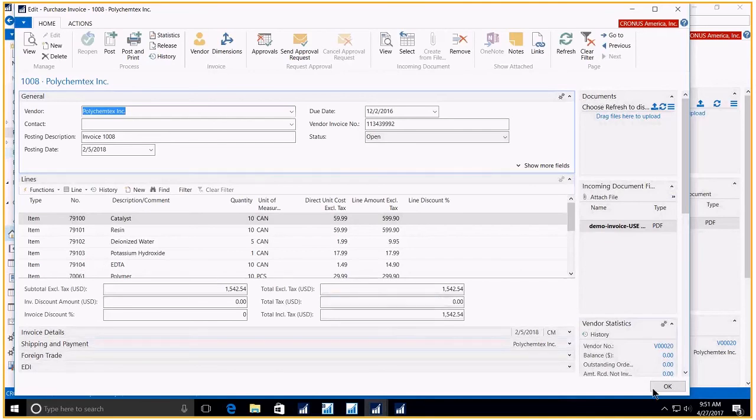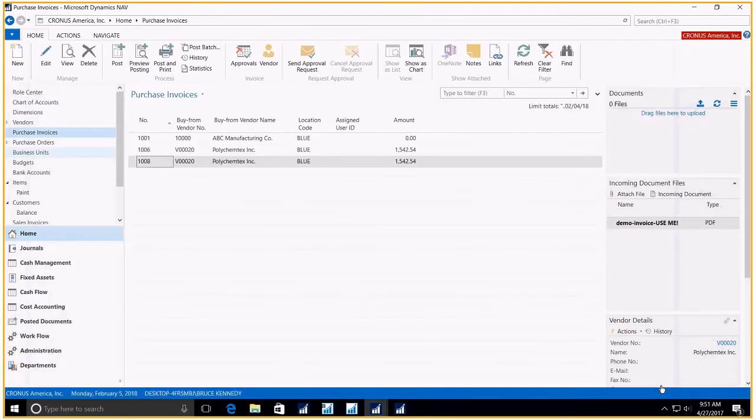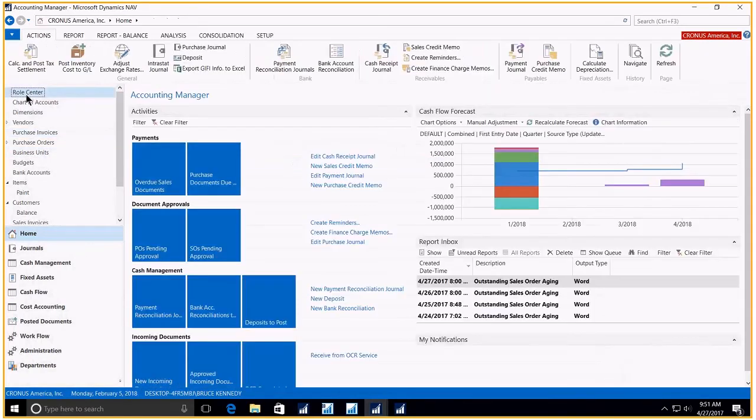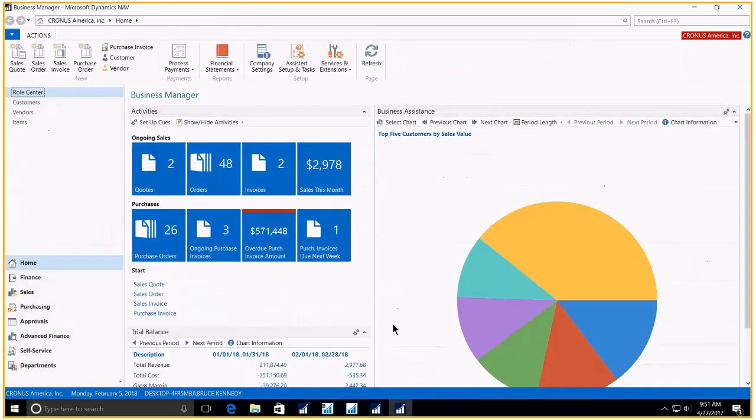Let's look at another area. I'll exit from here, go back to our role center, but I'm going to jump over to another role center, the business manager. Now, a nice feature that has come in from the financial arena is the fact that you can now have NAV create your financial statements. Now, not all financial statements, but the basic reports that you're familiar with, the P&L, the balance sheet, cash flows, reports such as that. So if I go over here to financial statements, I see those different types of reports